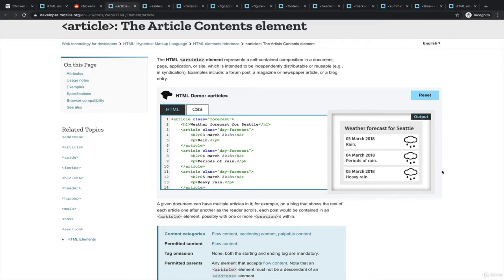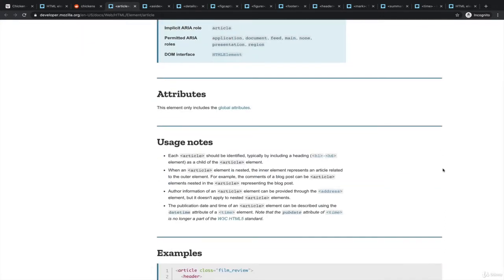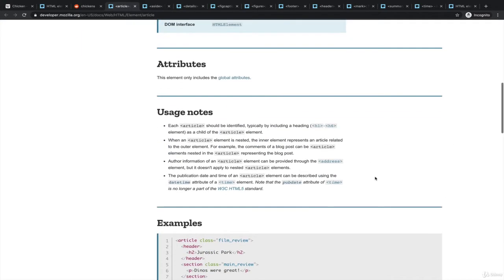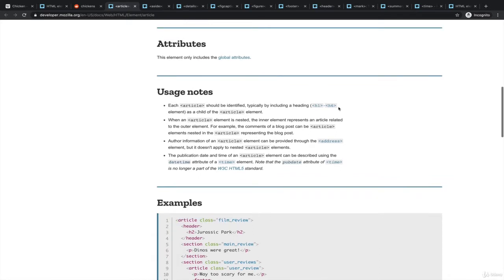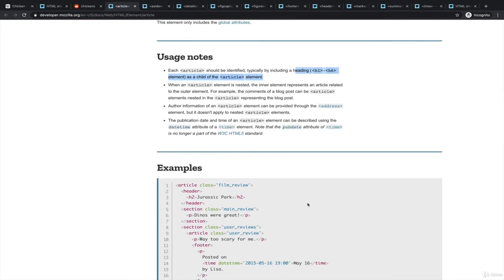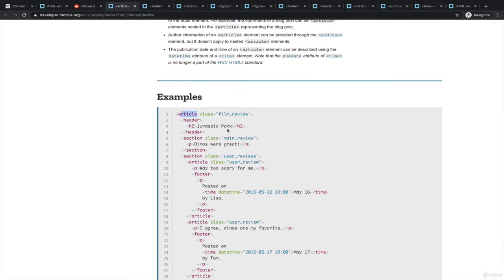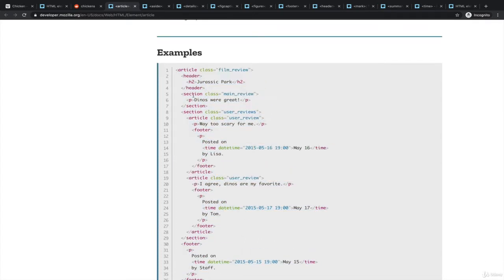You've probably seen something similar before, where at least I see it all the time, where on the newspaper or on a blog, I'll get a weather in my zip code widget from, I don't know if it's weather.com or Google Weather or whatever it is. So articles are just another element that we use to group content together. There are a couple of notes. There should be a heading that explains what the article is or what it's about. So you could have something like a film review article,